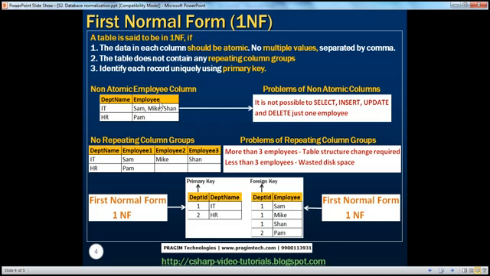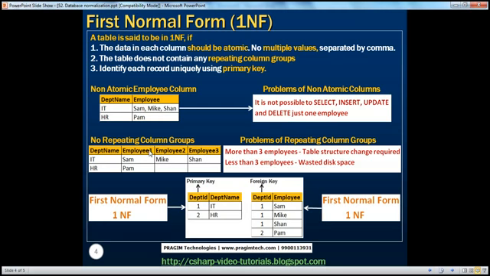Obviously, if we don't want to have this, another design that we can think of is something that you can see here. If we want to have atomic values, I know that in a department there are 3 employees, so let me create 3 employee columns in the same table. Department name stays as is, but for each employee I'm creating a separate column: employee 1, employee 2, employee 3. So that I can store Sam, Mike, Sean in their own cell, in their own column. Now in this table each column is atomic. But because of this design you have introduced another problem,